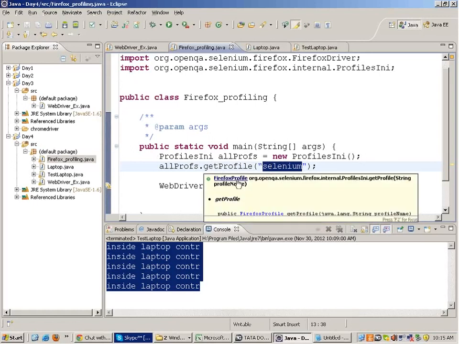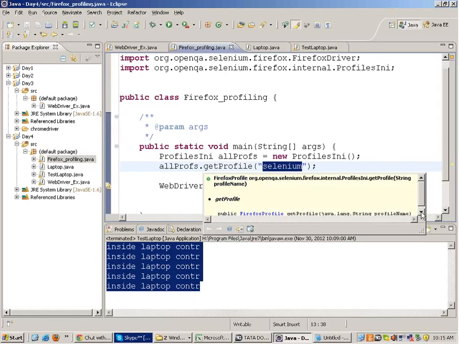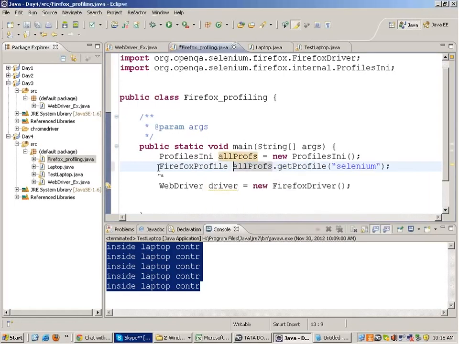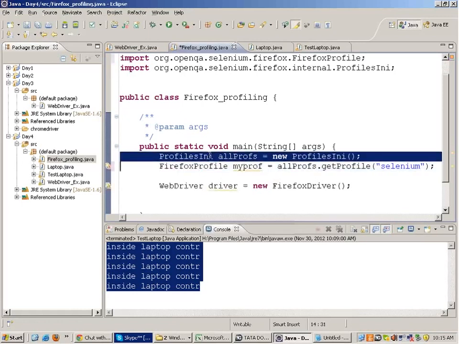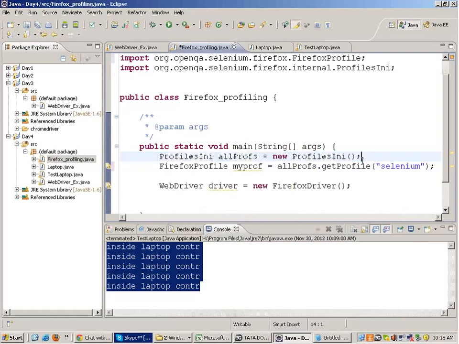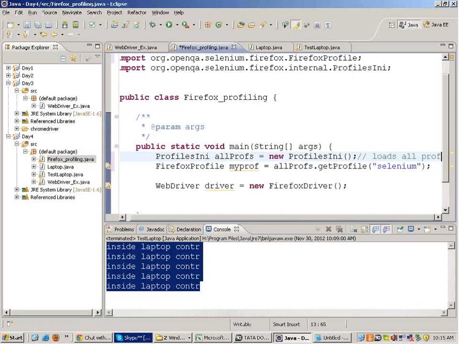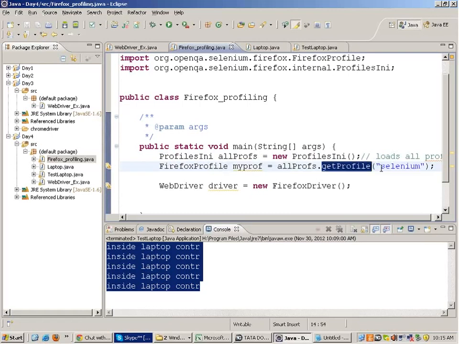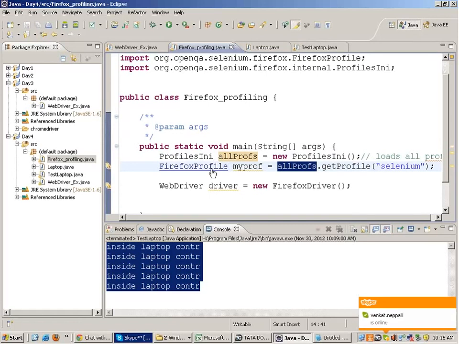And this function returns you an object of an internal class known as FirefoxProfile. So this class will return you another object of an internal class called FirefoxProfile. I'll name it myProfile equals to this. So this line represents all the profiles on your machine. It loads all profiles. And this function over here returns you the Selenium profile from all the profiles. And if you look at the FirefoxProfile class